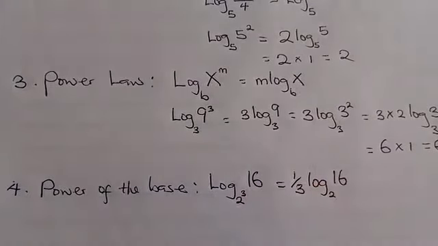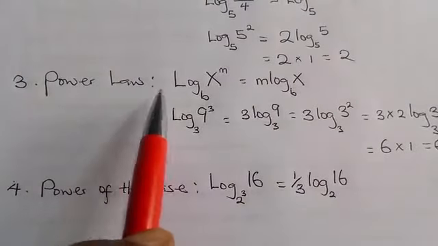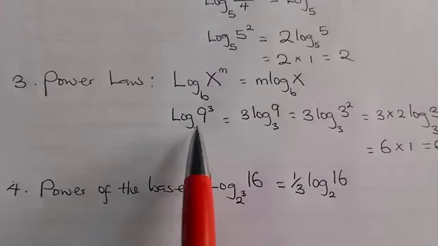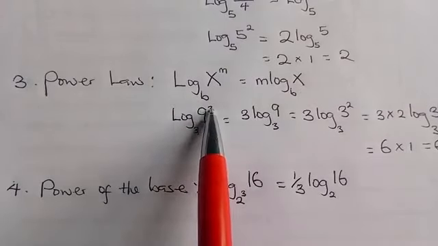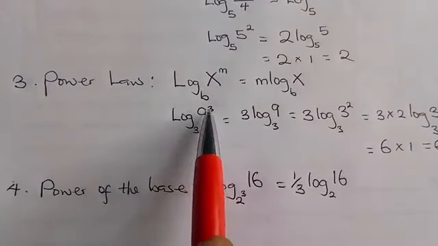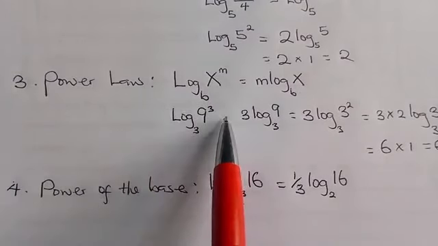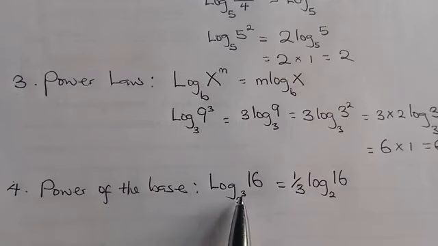log 16 to base 2. Remember when we are looking at power law? For power law, it is the number that has the power. So we'll pick this power direct and multiply by the log. But in this case, it is the base that has the power and not the number. So when the base is the one having the power, we have to use the reciprocal of this power to multiply the log. So that is all about this. So this is equal to